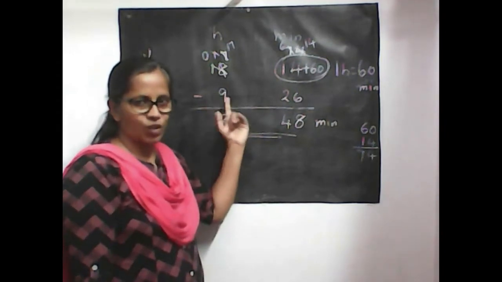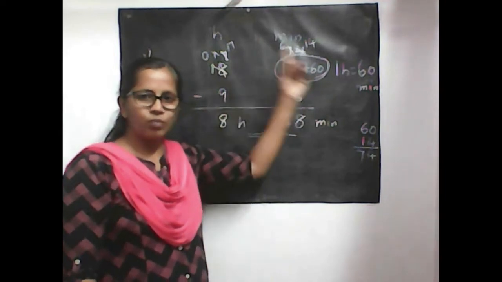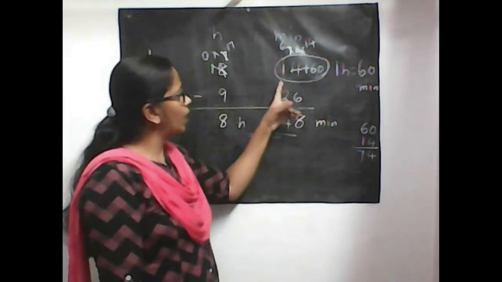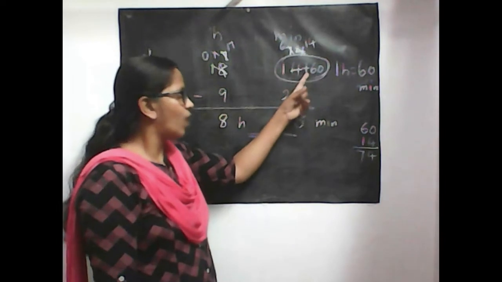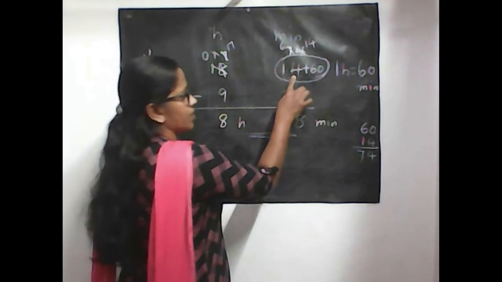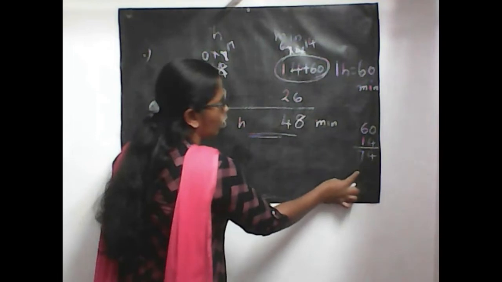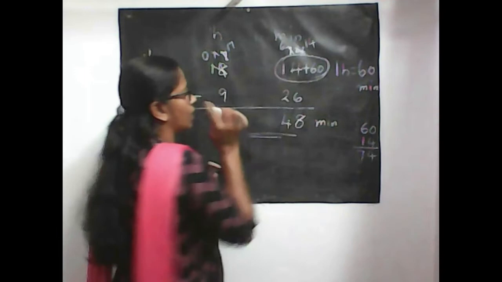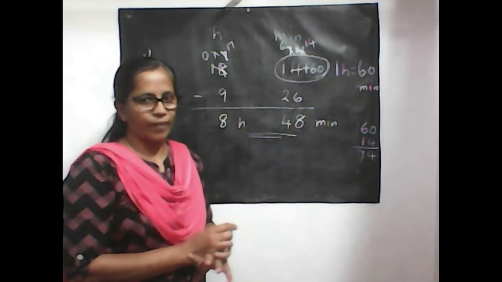1 hour is equal to 60 minutes. Even though we are borrowing 1 hour, when it comes to the minute column, 1 hour will be equal to 60 minutes. So while adding with this minute column, don't add 1, you should add 60. Then 14 minutes is already with us, plus 60. Now you can add in the working column. You got 74 minutes. Put this one in a circle and write 74 above that. Now 74 minus 26 we can do. Okay, we can do subtraction.